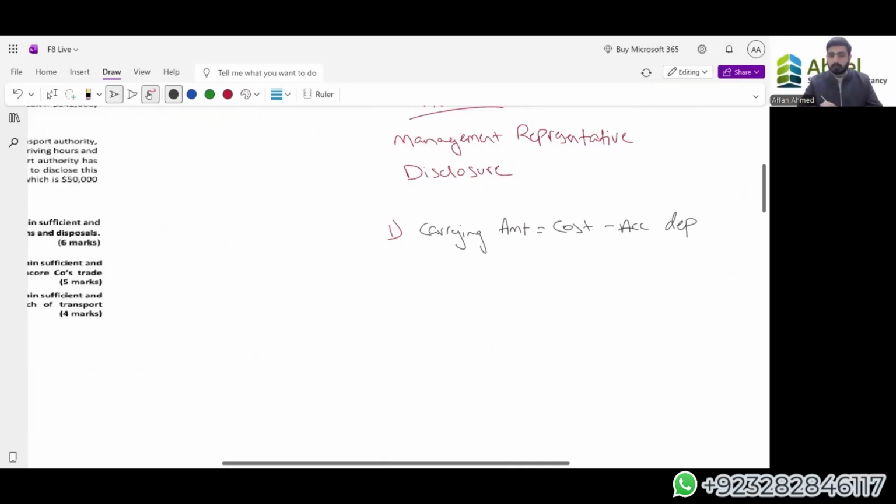Right? Now, if they have told you that there is a carrying amount of 1.8 million, first of all, you will check whether the carrying amount is correct or not. That is the first thing to go for. Okay. Now, if we are selling something, does it go out of our organization? Yes. Should its accumulated depreciation be removed from our books? Yes. Should it be removed from our register of assets, or fixed asset register?